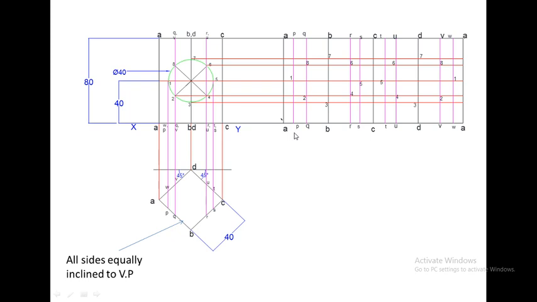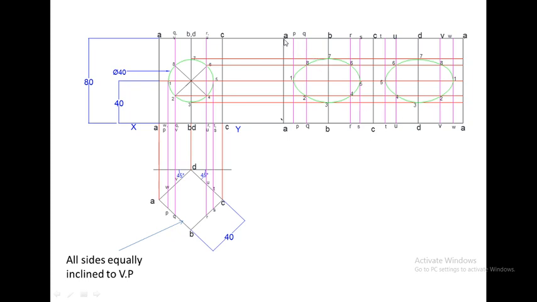So students, remember that if the hole is circular in shape, even for prisms and pyramid, while joining the points of intersection, you have to draw a curve and not straight lines. So we will join the points in proper sequence. So 1, 2, 3, 4, 5, 6, and 7 and 8 and 1. So finally we have completed the square hole in the lateral surface. Similarly we will join these points 1 to 2, 2 to 3, 4, 5, 6, 7 and 8. So we have drawn the circular hole in the lateral surface. So finally we have completed the numerical.